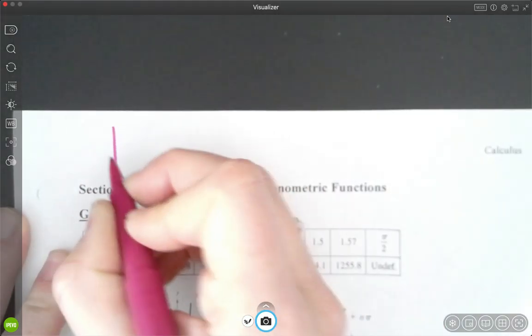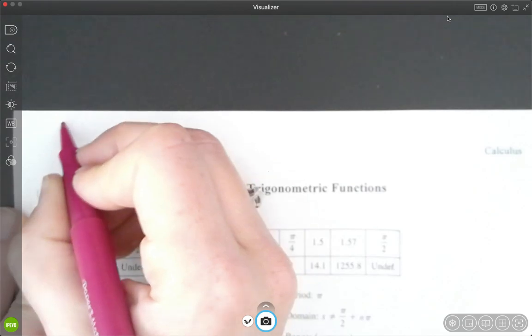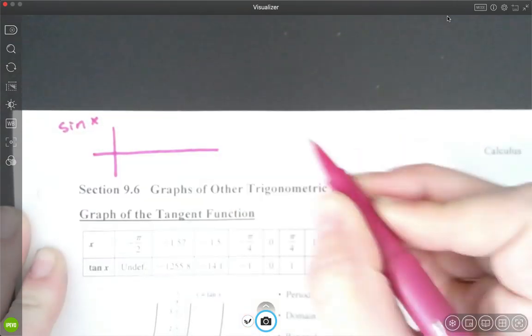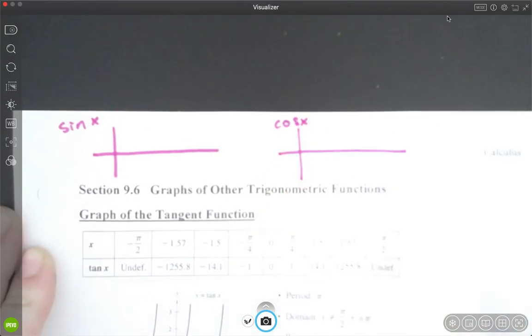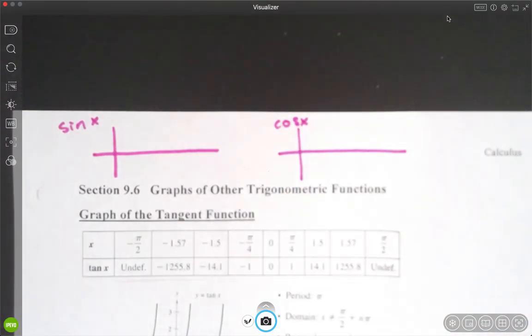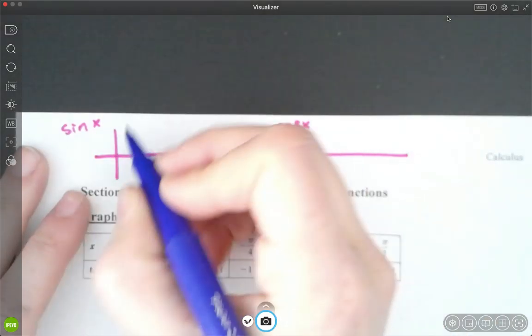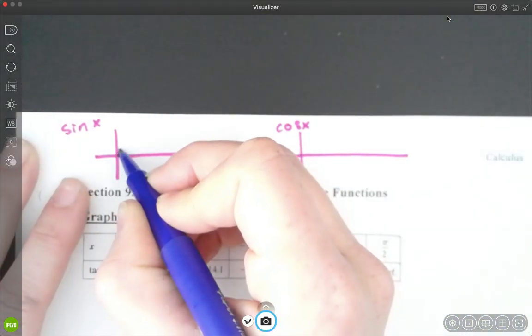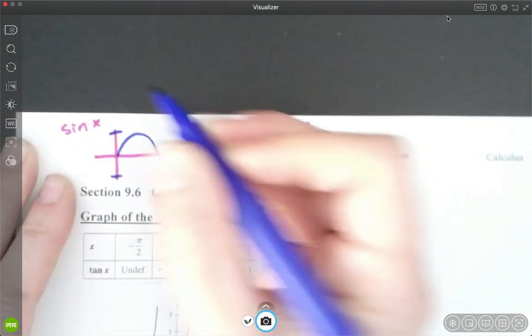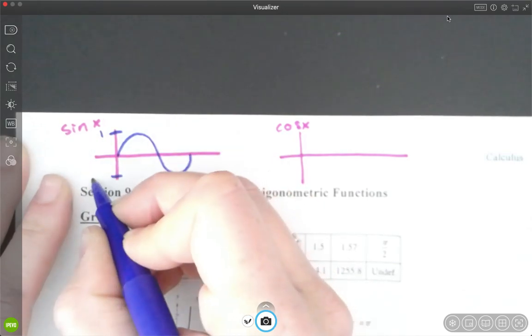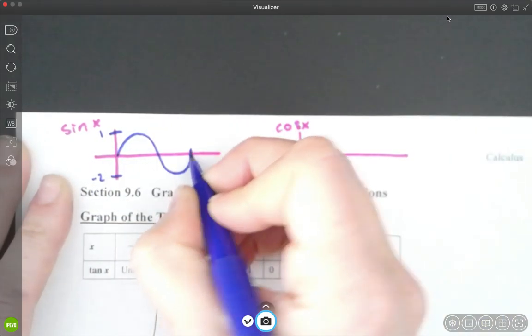Here we go, sine and cosine. Let's graph what sine looks like, and let's graph what cosine looks like. Sine, cosine. Just so you have them as review on the top of this paper, because we're going to talk about the differences between sine, cosine, and tangent. So, sine starts here, goes up, comes down, goes back up again. And it goes up as high as how far? 1 and -1. And 1 full period is